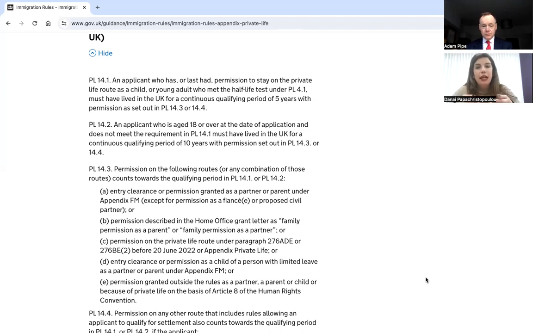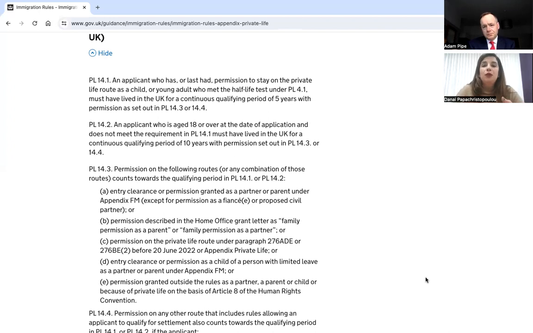So it's worth pointing out that, as you mentioned, these provisions on early settlement were incorporated into Appendix Private Life following a concession that the Home Office published in October 2021, which was published following litigation that happened. So the main principle underpinning this concession was that the applicants who were either born in the UK or arrived in the UK as very young children